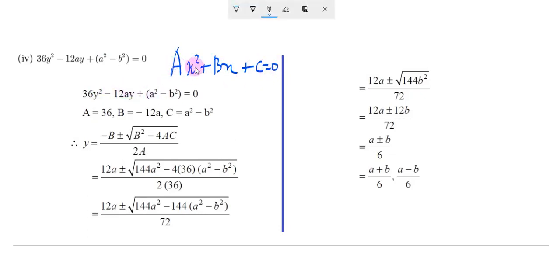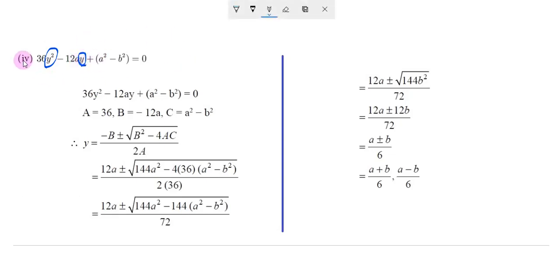And now we may compare. X square term a, and here x square, here we have y square. So change as y square. So y square into y. Okay. So y square coefficient a, here y square coefficient 36. And next y coefficient b, and y coefficient minus 12a, and the constant term c, here constant term a square minus b square. You may think that you told this the alphabetical terms are variable, then how you take this constant? Here we use y square and y we know.